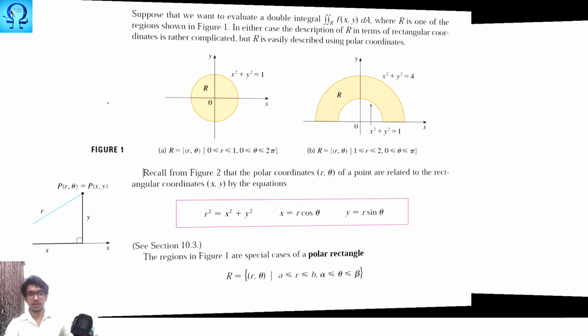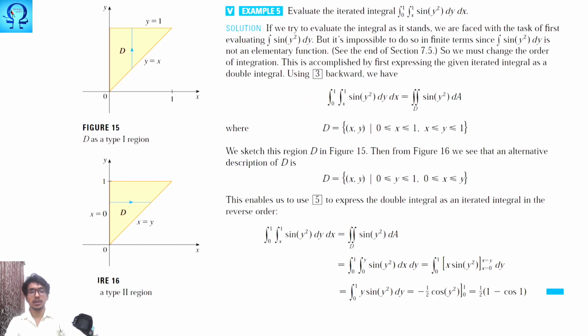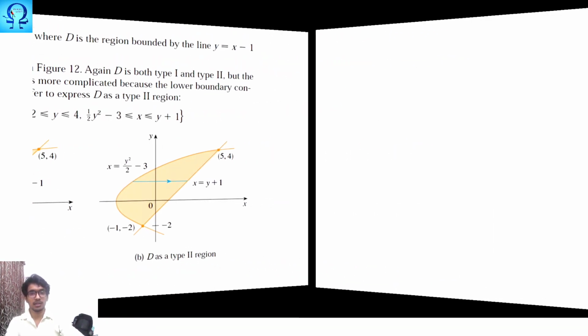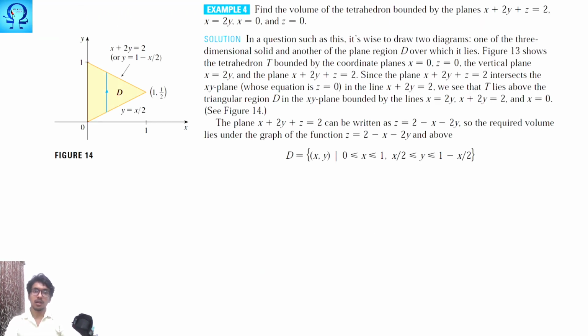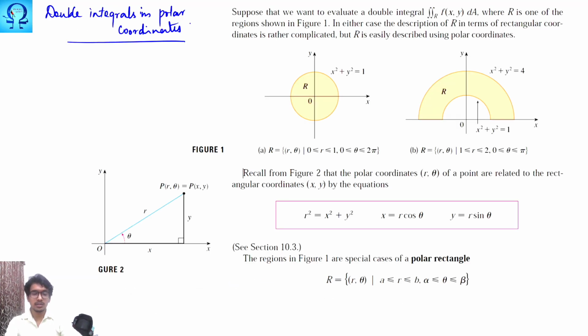We have discussed in the previous section that in a general region we can do the double integration. We are actually extending this idea to a specific case, what we are about to discuss. That is, whenever we have some region which is shown in this way, some circular regions. If circular regions are given, we are not able to approximate them by rectangles. It is easy for us to represent them in polar coordinates so that we can do things easily, right? What do you mean by polar coordinates?